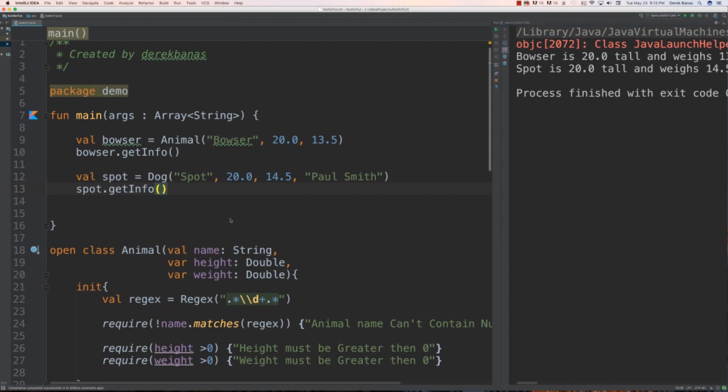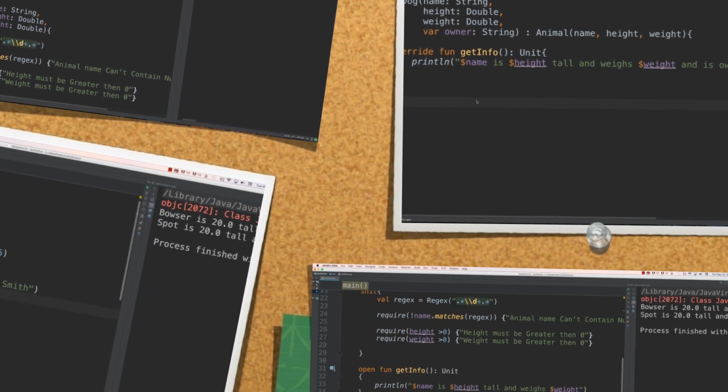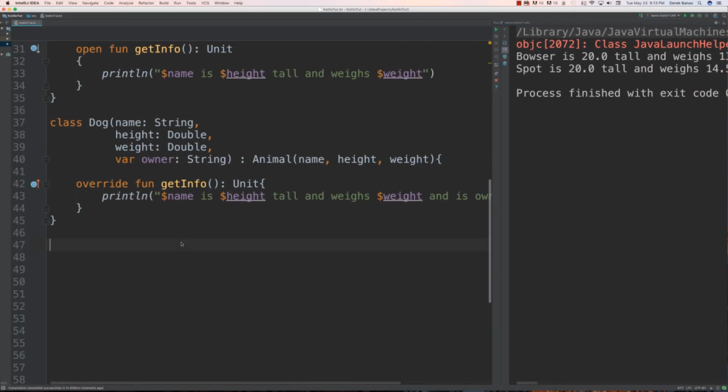Now why don't I give a brief explanation of how interfaces work. All right, so come back down here, and what I am going to do is create an interface. So this is going to be an interface that is going to provide for the option to make something flyable. And an interface, of course, is just a contract that states all fields and methods a class must implement if it implements the interface. So I'm going to call this interface